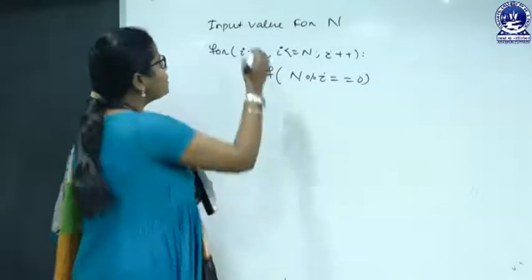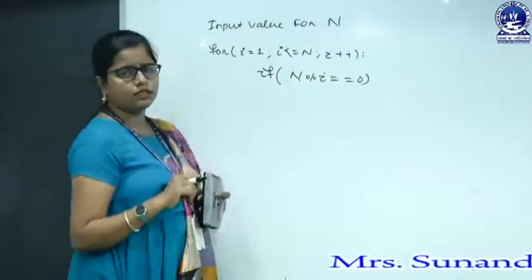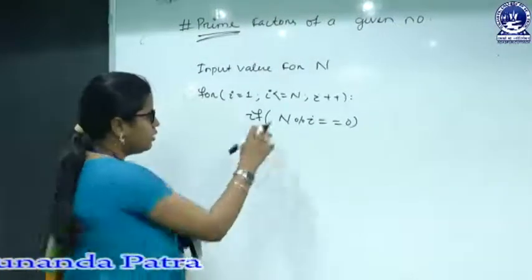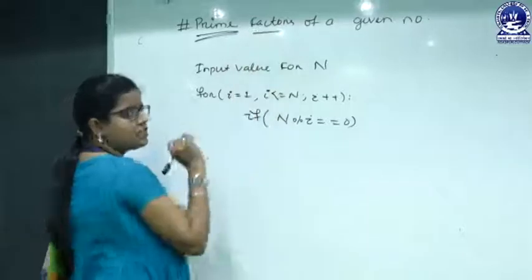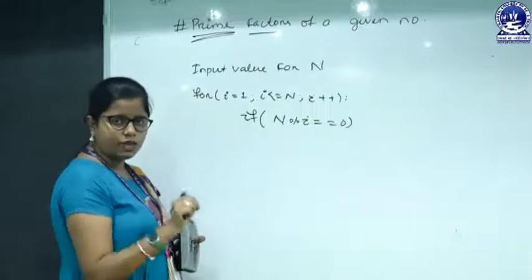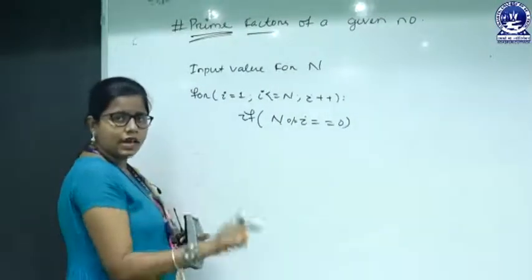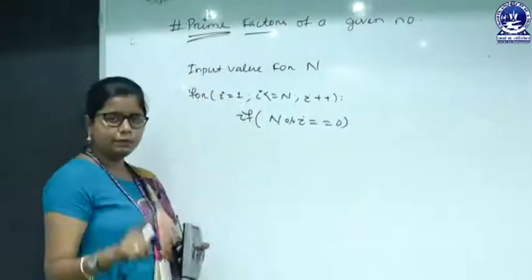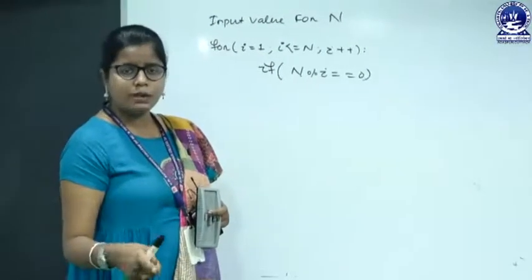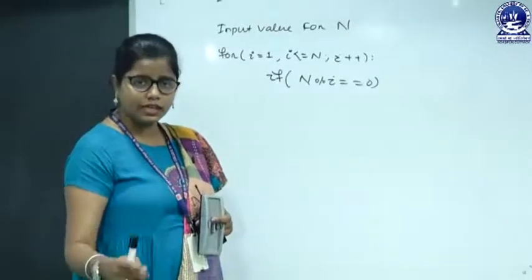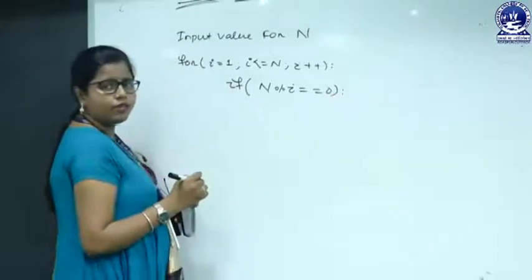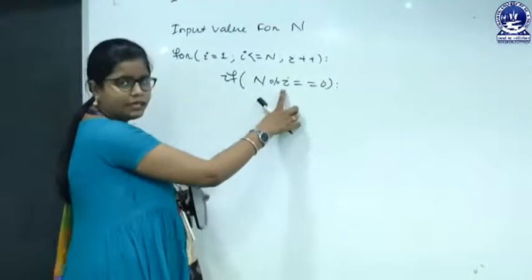So what is the second question? The second is the prime factor. So we have to check either I is prime or not. First we have to find the factors. Once we got the factor, then we have to check either that factor is prime or not. If it is prime, then I will go for printing the value. If it is not prime, then I will go for checking the next number. So if it is true, then we have to check either I is prime or not.